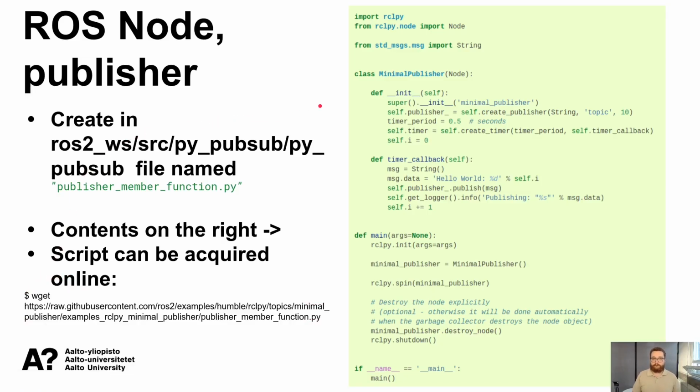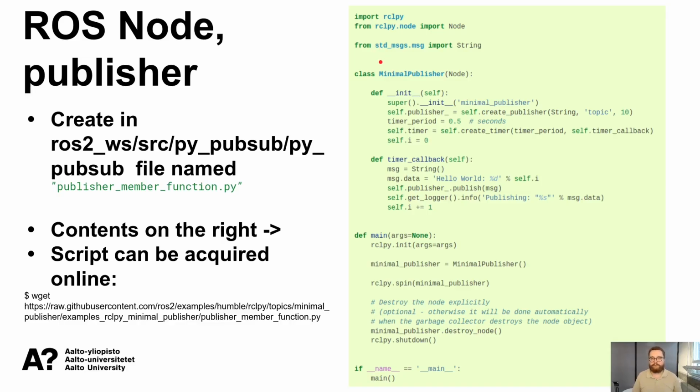But okay, let's look a little bit at what goes into implementing a minimal ROS node that publishes information at certain time periods. So first of all, we are importing rclpy. This contains basically the basic ROS Python functionality, so this is something that you are pretty much always importing. Then we are importing the node functionalities from this rclpy, and we are also importing this string message from the ROS standard messages. So standard messages is a dependency for our